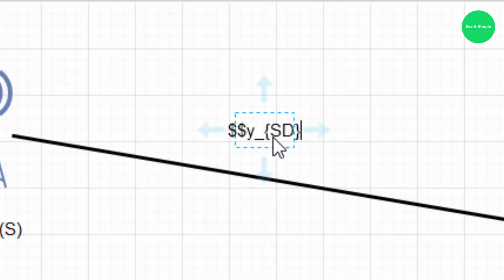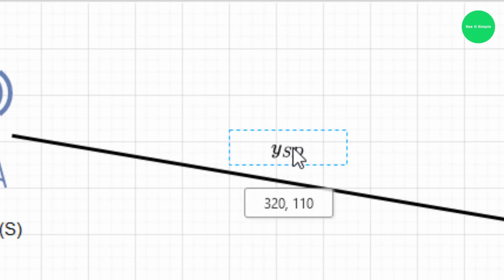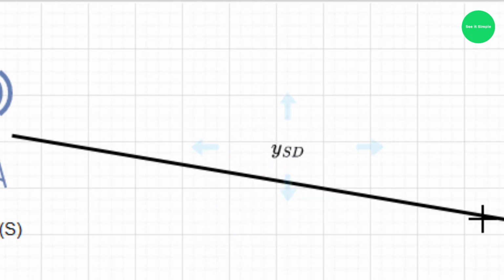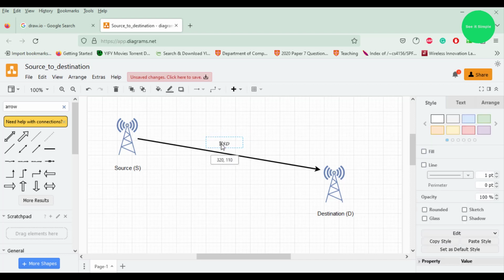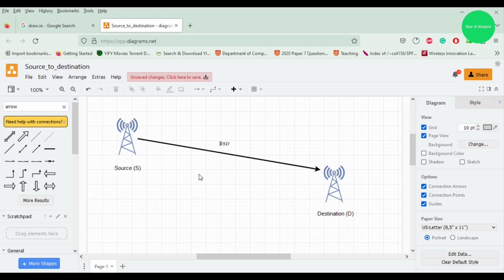Then you need another two dollar signs. Let's see. Then you can see it shows Y subscript SD, Y source to destination. So you can use this in your network diagrams when you are drawing them, and then select